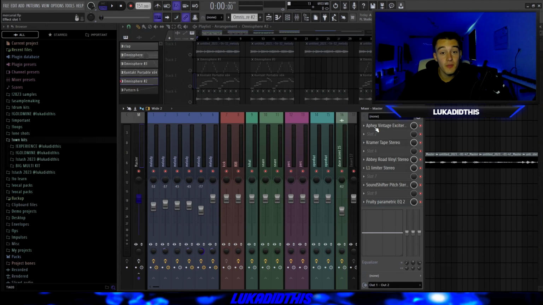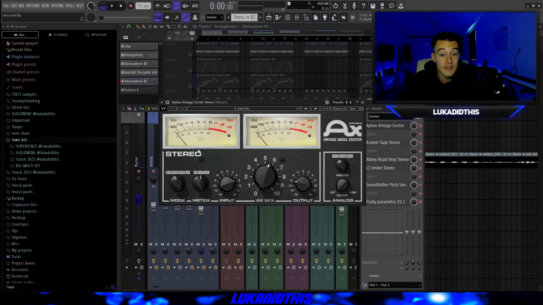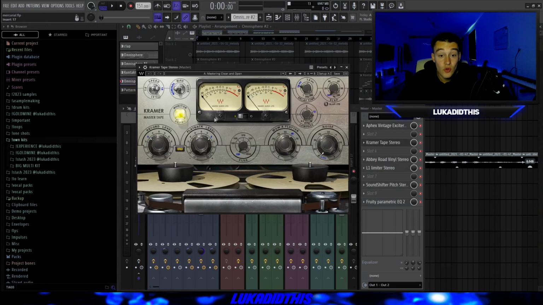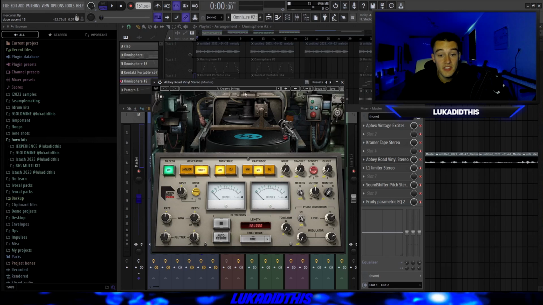And now for one of the most important parts of making my samples, the mastering chain. On the mastering chain I have this Apex Vintage Exciter stereo from Waves where I had it on these settings. Then this Chroma Tape stereo with the mastering clean and open preset. This Abbey Road Vinyl stereo with the creamy strings preset, and I think I just tweaked the noise, the crackle